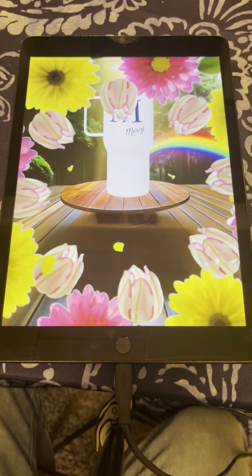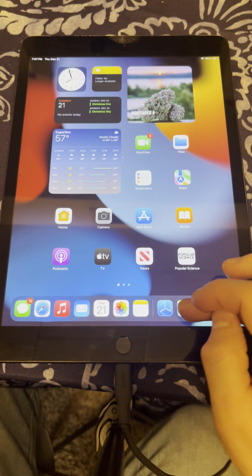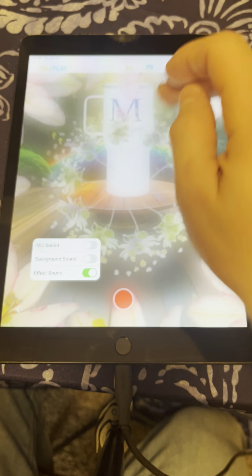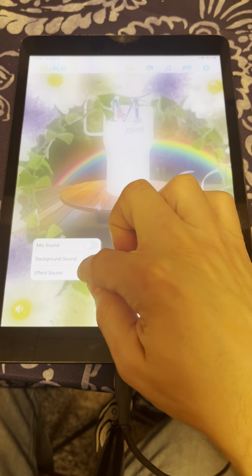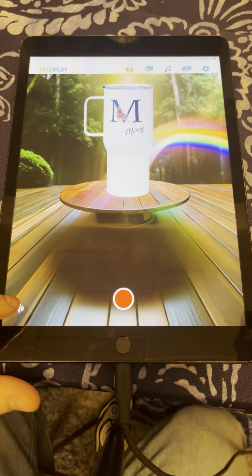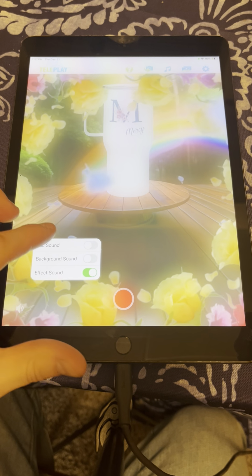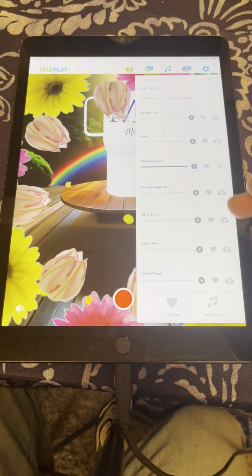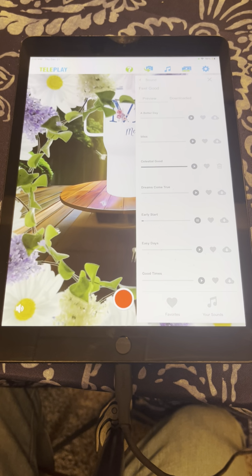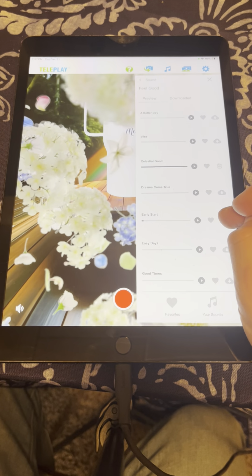Okay, works perfectly. So bottom line, to reiterate, if you want to use the music that's here, make sure you turn on only the effect, okay? And then you just, let's see, you like that, okay? Now pause it, press download,